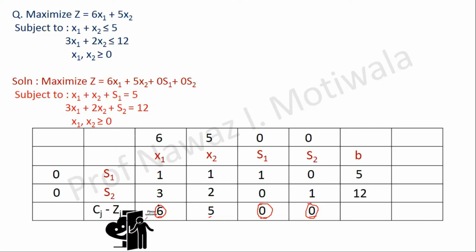So what I will write here, please, you are welcome in the solution. Now suppose this is my small house, and in it there are 2 small variables, S1 S2. Now what do we come to know, that this variable x1 is giving me Cj minus Zj as highest positive. That means this should come in my solution, or in other words I can say this particular variable should be there in my house. It should stay in my house, because it is giving me more opportunity. Are you understanding what I want to say?